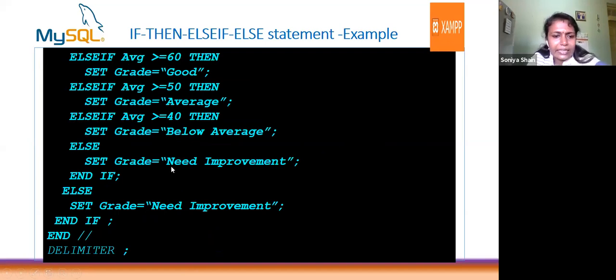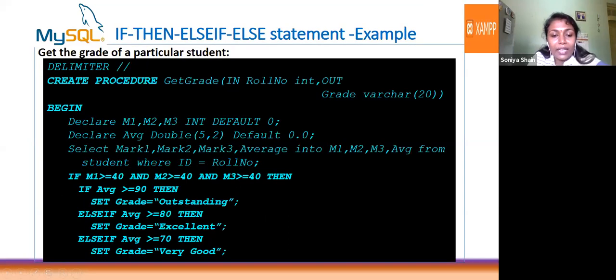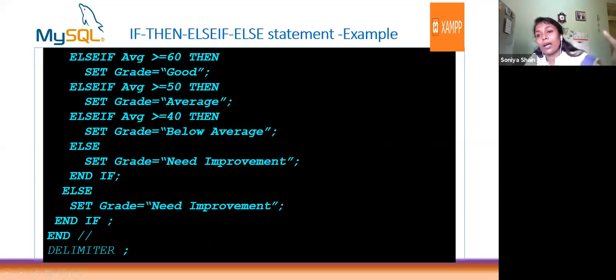After the else, it needs improvement, meaning failed. Also, if he didn't pass any one of the subjects, even though the other 2 marks are pass marks, I set one condition: grade is equal to need improvement. Okay, so let us go for the execution of this one.